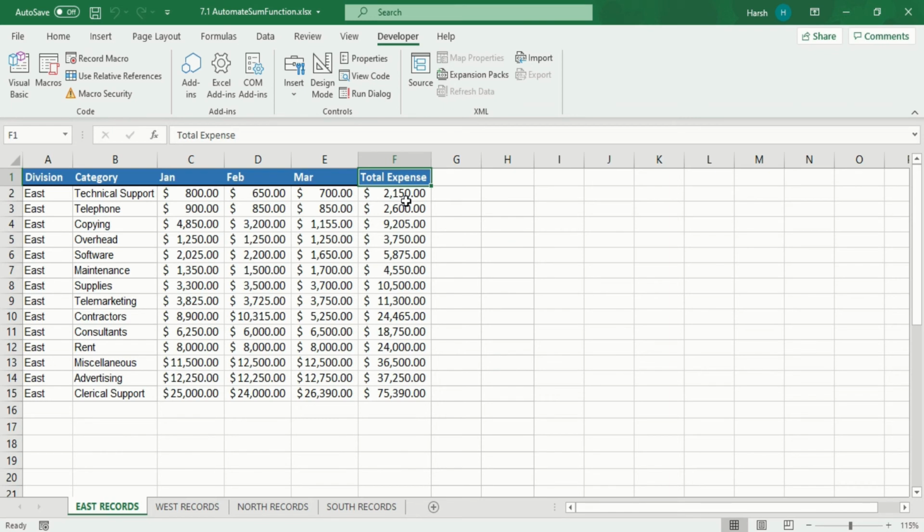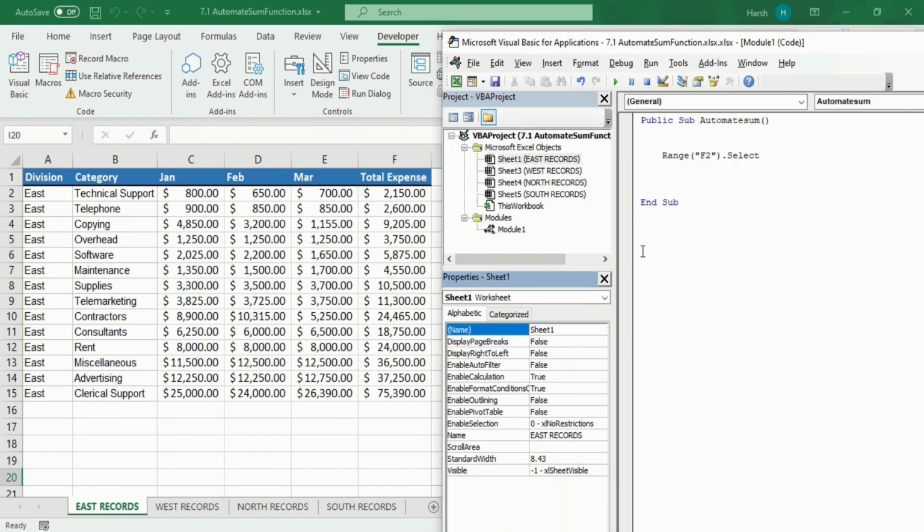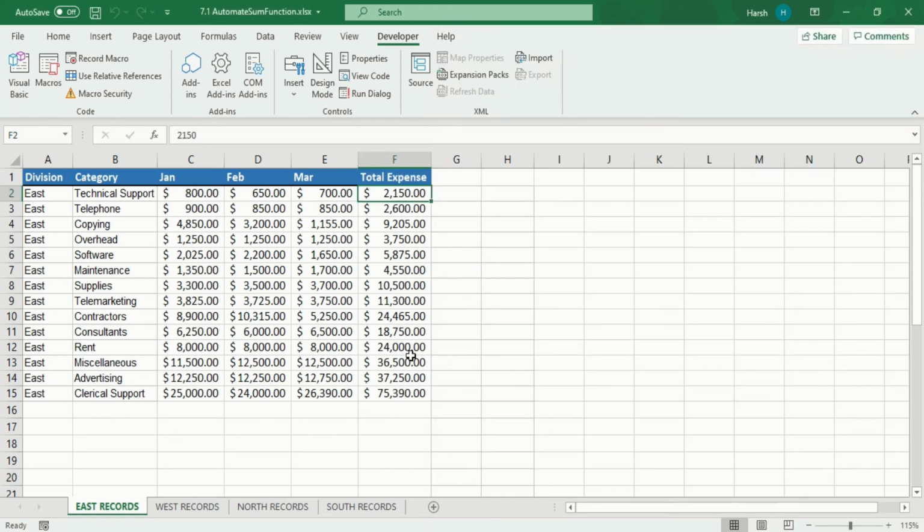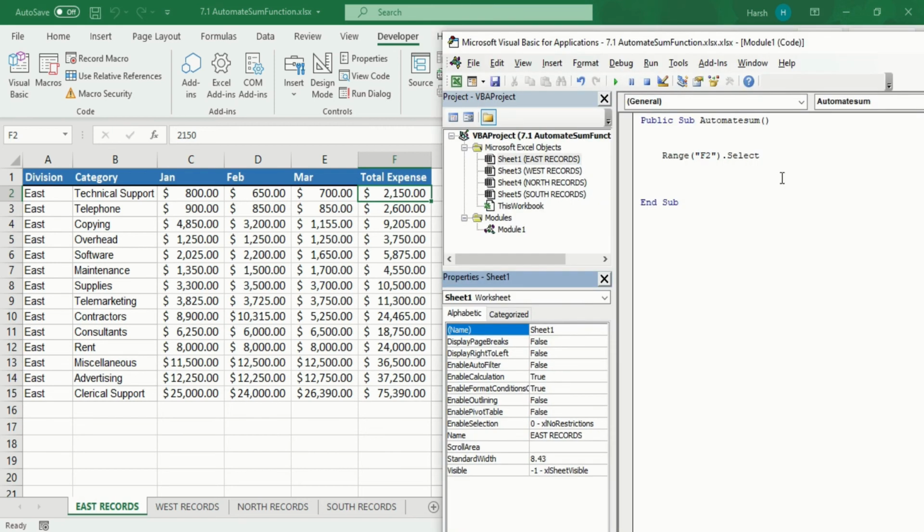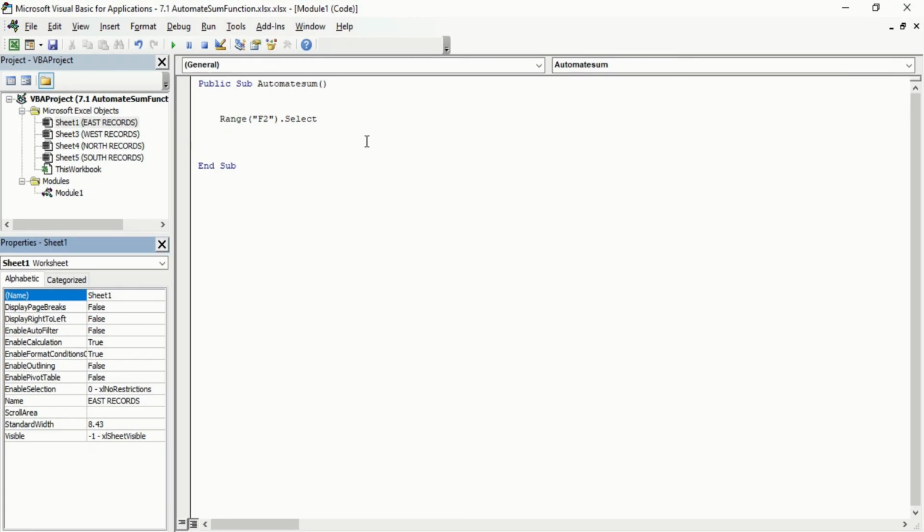Now with this perspective we will write a code for the down, because our cursor is already selected on F2. Now it should go to F15. How will we write it? We again select this.